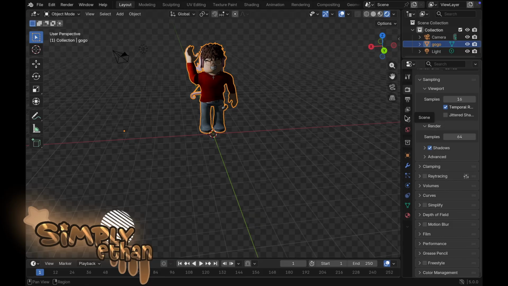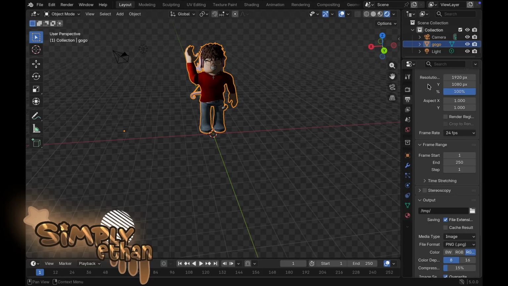It'll just make it really easy for you. The other thing, you're going to come down over here, and then you're going to change this ratio to 2000, just so you can get all of the